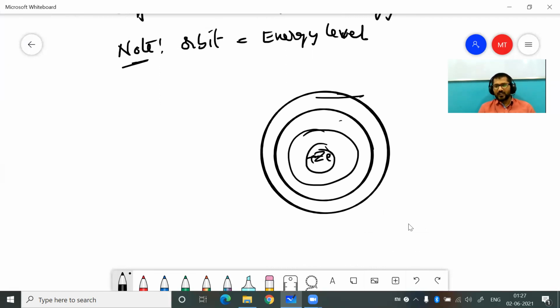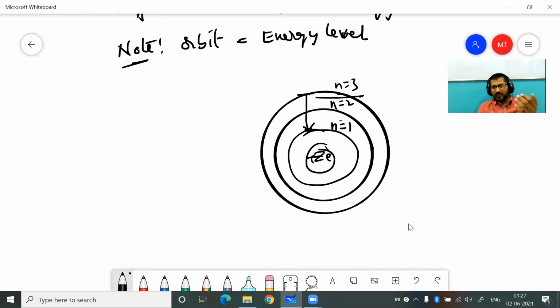This is the nucleus, and let us say this is the first orbit, n equal to 1. This is the second orbit, n equal to 2. This is the third orbit, n equal to 3. When an electron jumps from the third orbit to the first orbit, whatever word you use, jumps or falls down, the third level will have higher energy and the first level will have lesser energy. That we will see. We will try to derive the expression for those energies. Then